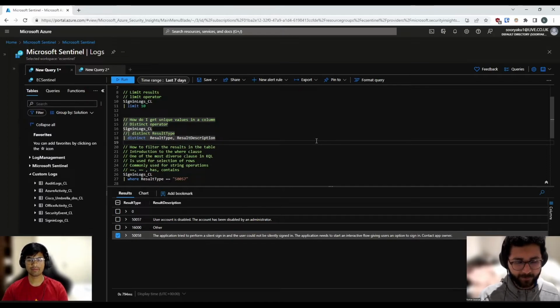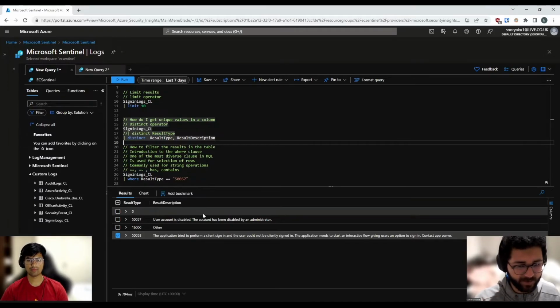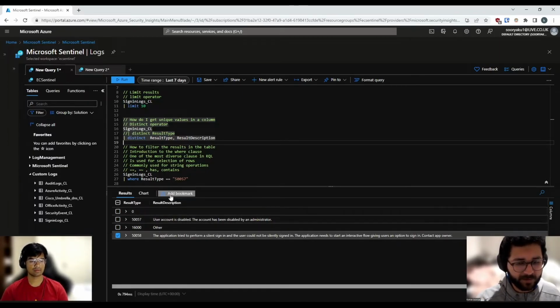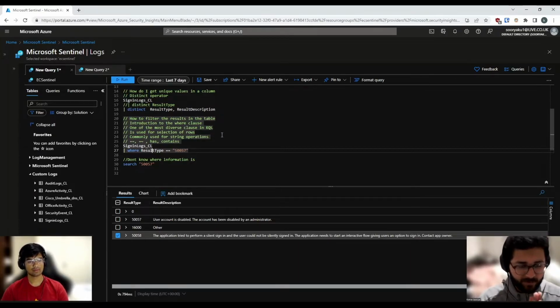Yes. So let's get into one of the most important and most useful clauses out of all. So now I have some information. So I'm like, okay, cool. There's this one where I'm seeing a user's account, but there are sign-in attempts happening against a disabled account. Basically, there's this disabled user account, and there are sign-ins happening against this account. That's a bit odd. I would like to know more information on that, right? So basically, what I do is I use the where clause, right? The where is